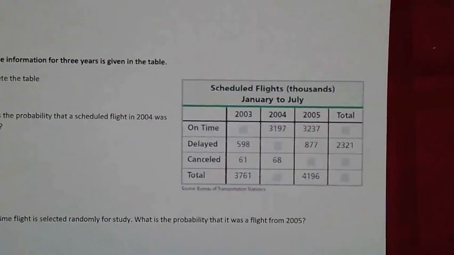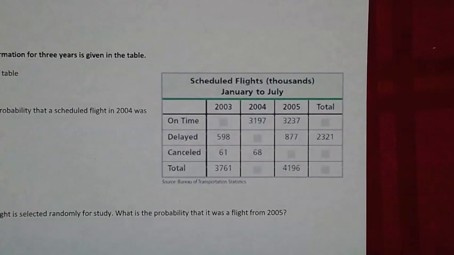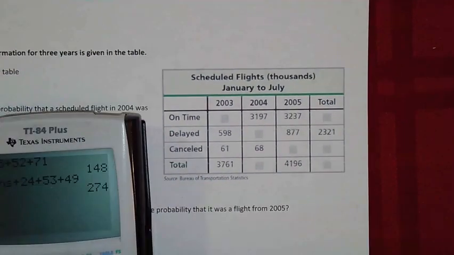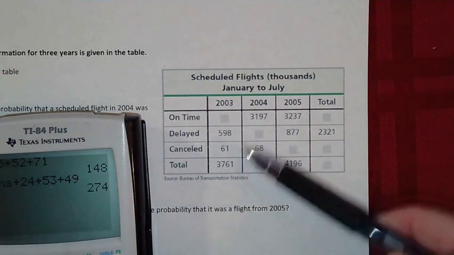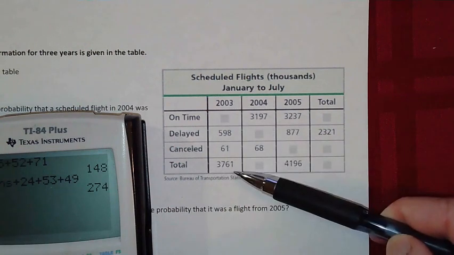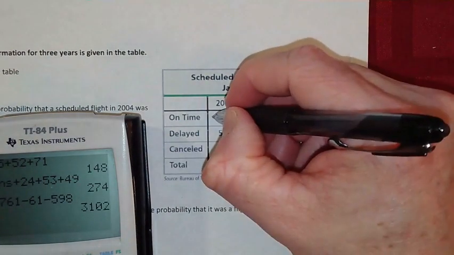And then finally, the last problem. I think I'll leave it to you to look at B and C, but how are we supposed to fill in a table that has blanks in it? Well, this seems to me like a little bit of a Sudoku puzzle. As I look at this, I'm going to look at gaps that I can fill in. For example, in this first column, I'm only missing one thing. I know that these three have to add up to this. So I can take 3761, take away 61, take away 598. So that top one must be